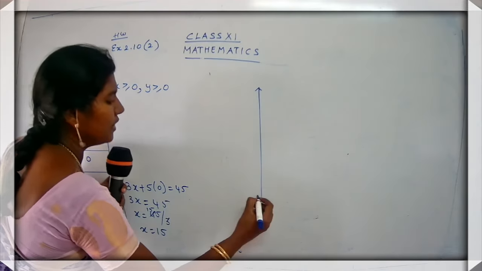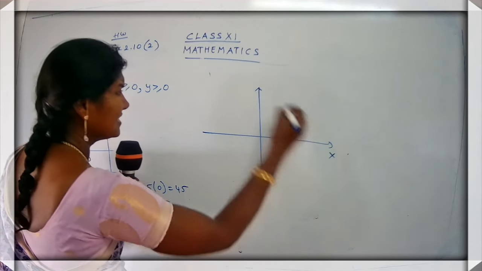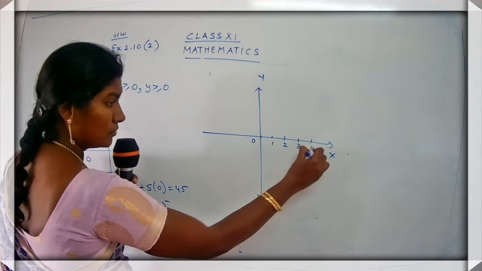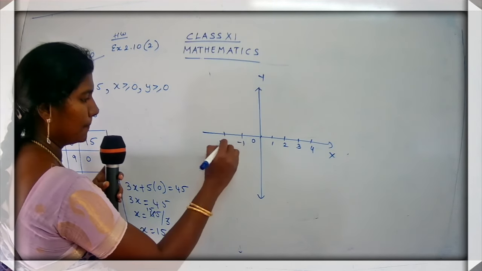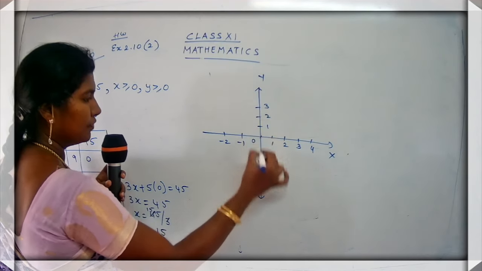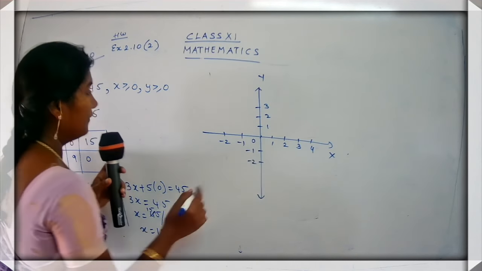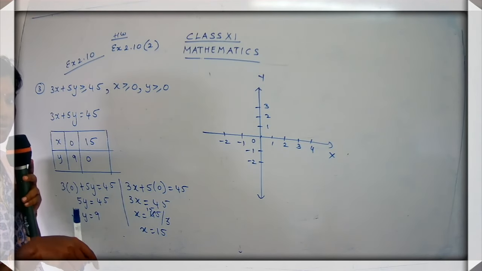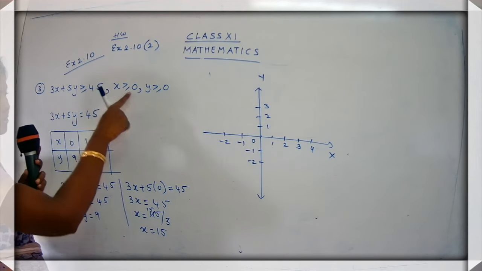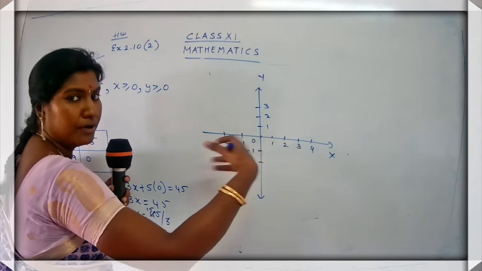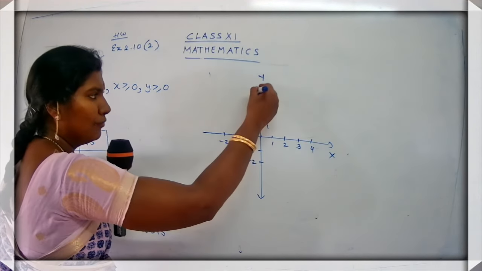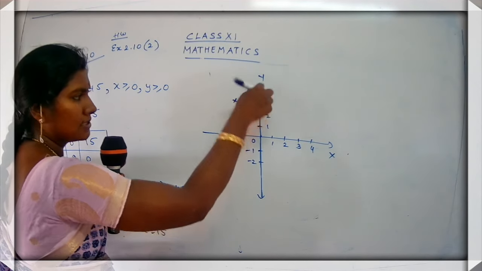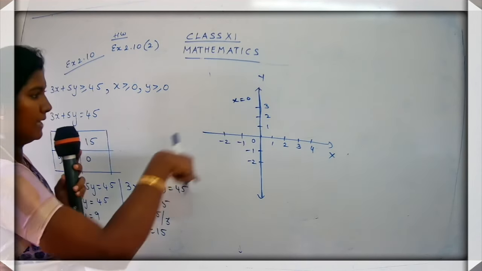See, if suppose you have x-axis and y-axis, this is 0, 1, 2, 3, 4. Do not do this graph, this is just for your reference. I am just giving you one hint over here. If the question is x is equal to 0, where is x is equal to 0? X is equal to 0 means I don't have any values on x, so you will have only y-axis. So remember, when you say x is equal to 0, this is the y-axis.